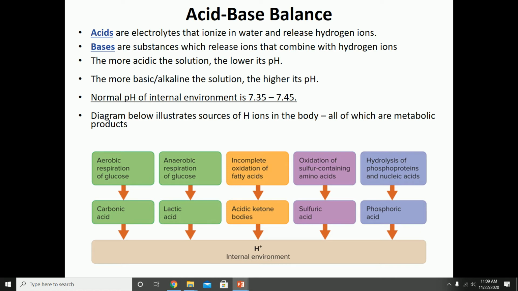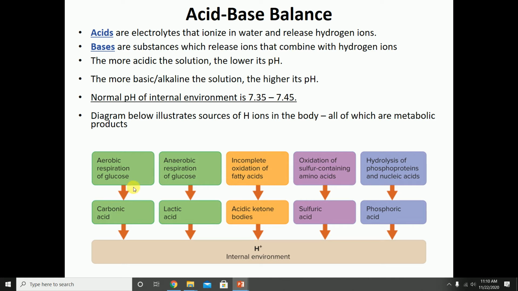So things that are acidic have a low pH, while solutions that are alkaline have a high pH. Hopefully you remember that the pH scale ranges from 0 to 14, and that a pH of 7, neutral, is distilled water. Our body is slightly on the alkaline side, so the normal pH of our internal environment is 7.35 to 7.45. And again, the main source of hydrogen ions in the body